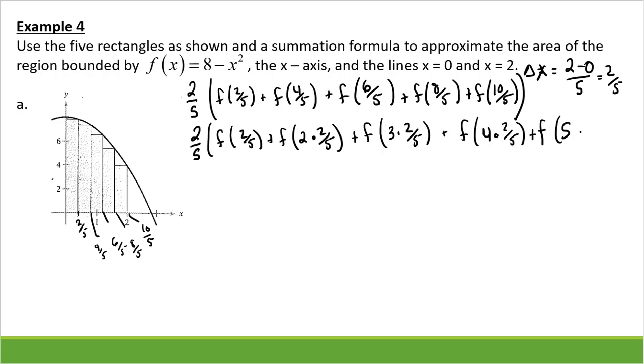Okay, so notice how I have now kind of a summation in here. I have the summation from i = 1, there's a hidden 1 there, to 5 of my f of 2/5 i. And you can use any variable there. We typically use i, n, or k. So now, writing this another way,